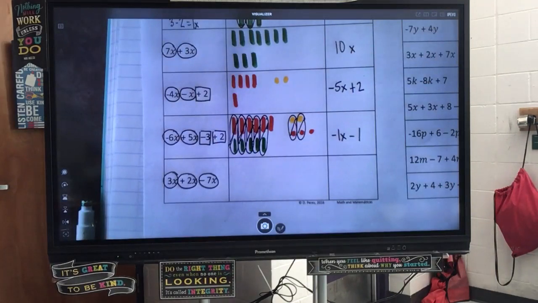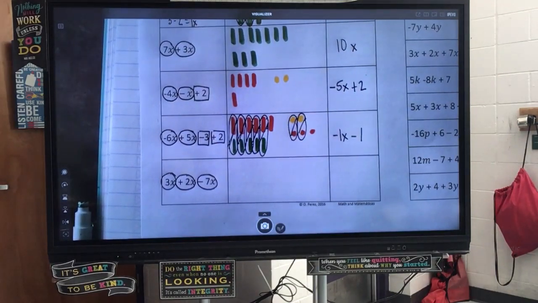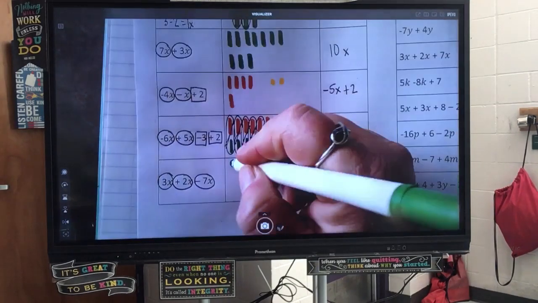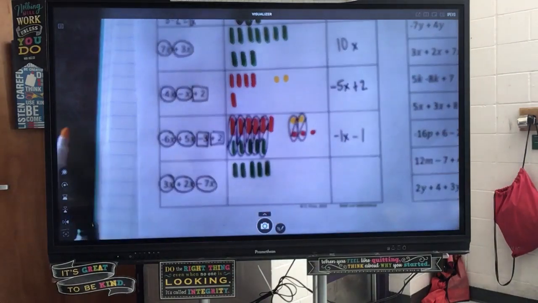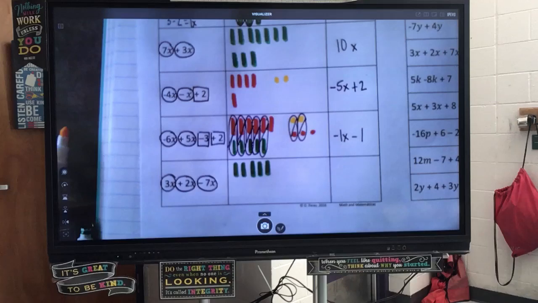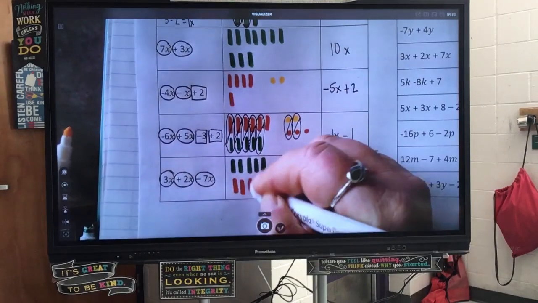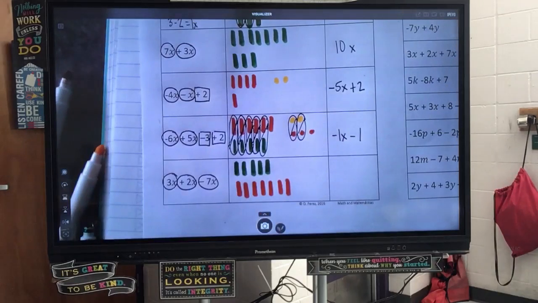So how many positive x's do I have? How many positive x's do I have? Alright, so I'm going to go 1, 2, 3, 4, 5. How many negative x's do I have? Troy? We have 7 negative. Okay. So 1, 2, 3, 4, 5, 6, 7. Alright, am I able to cancel anything out here? We're able to cancel out